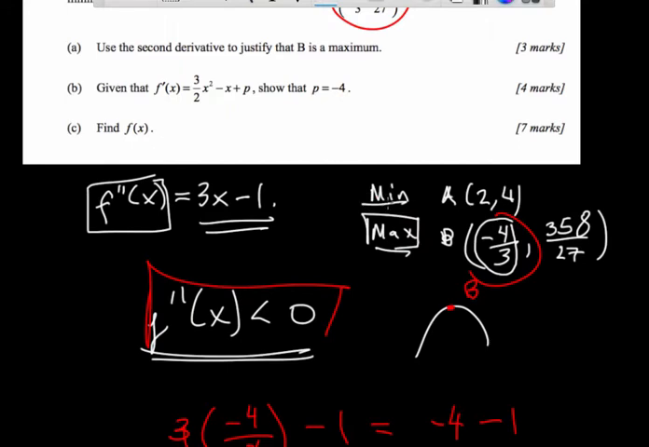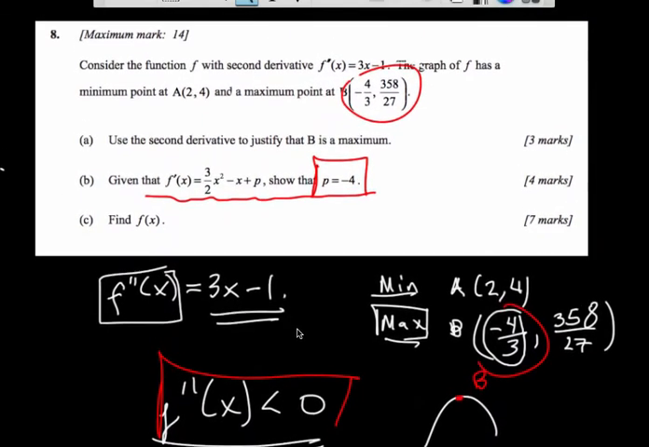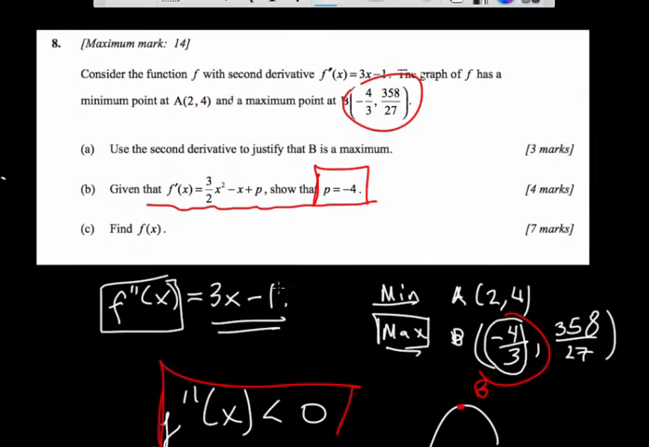Okay, part B gives us this information here. They give us an expression for the first derivative, it's kind of a clue, and then they ask us to show that P is minus 4. Now hopefully you can see that because they give us the second derivative and they want us to show something to do with the first derivative,